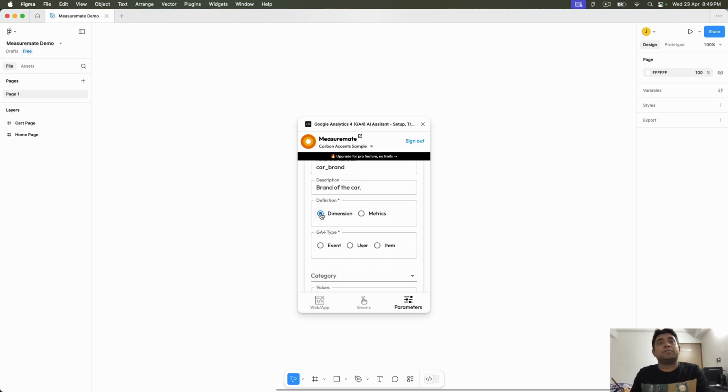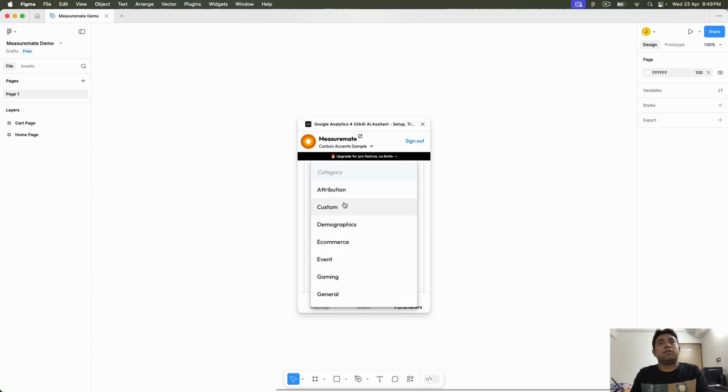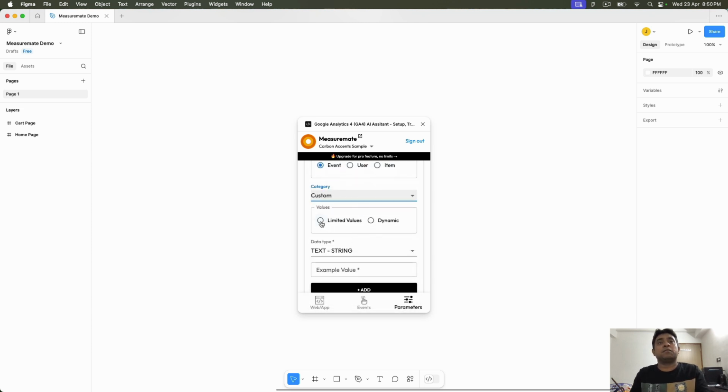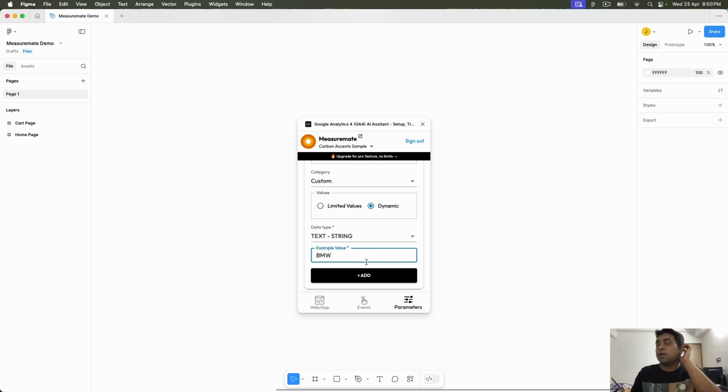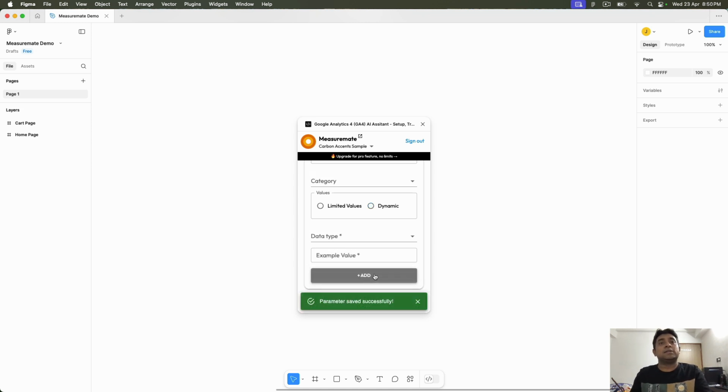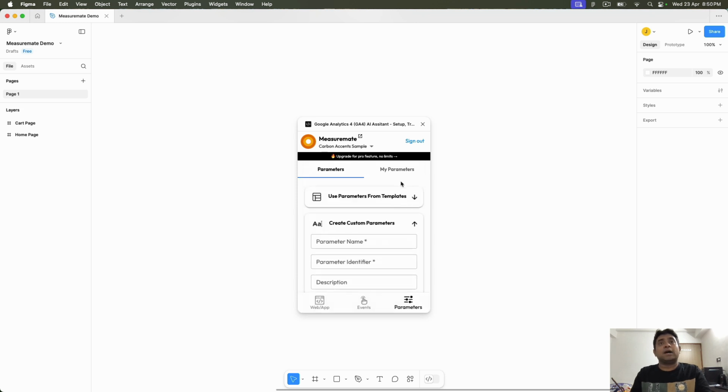I want to make it as a dimension, keep it as an event, and make it a custom dimension with some dynamic values. The example value is, let's say, BMW, one of the car brand names. Once I add this to the measurement, and I see that the parameter has been saved successfully, I can see my